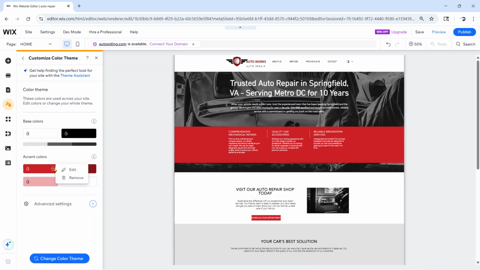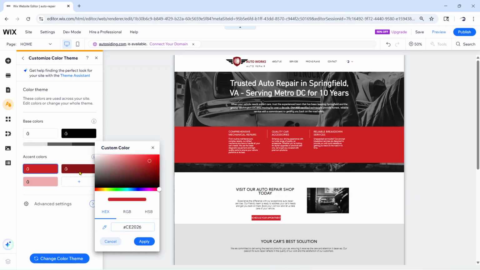We could make it a different color. So if we edit this and go to the blue, okay, that looks pretty nice, right? Let's say a darker blue like that. Okay. You see how